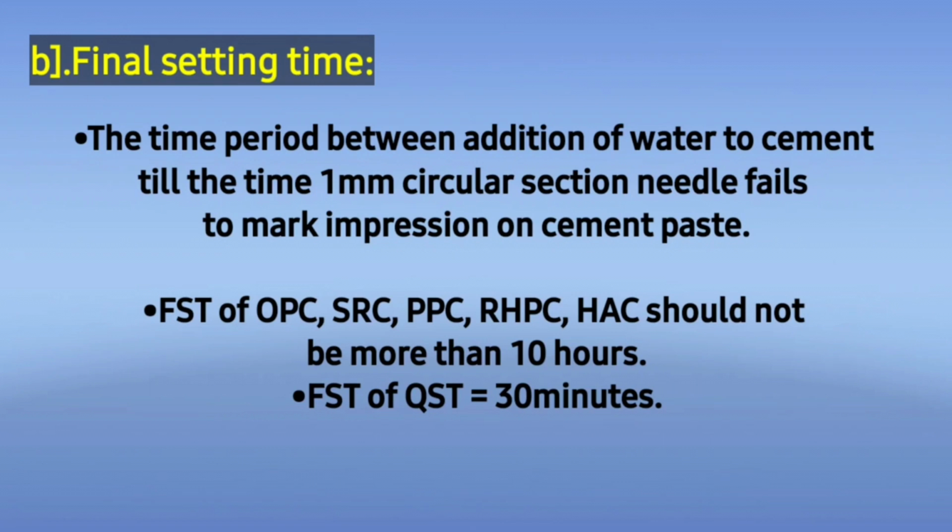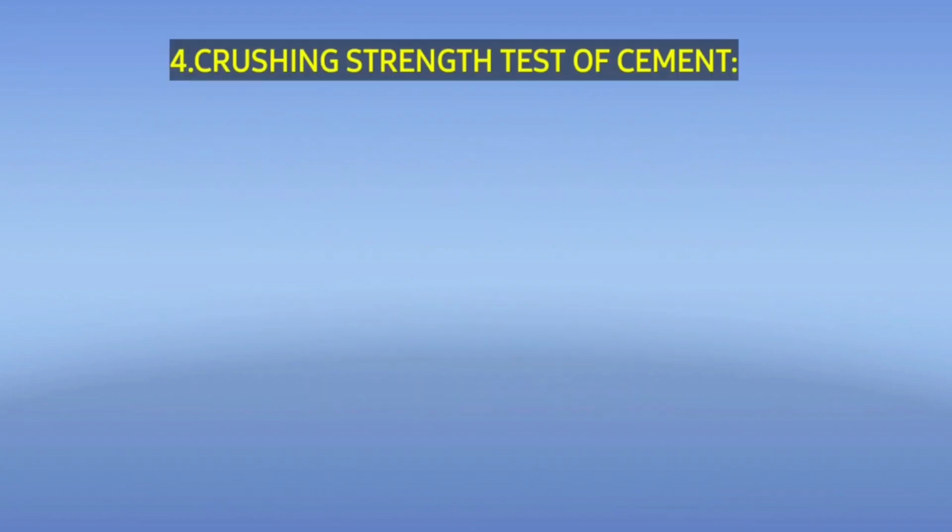उस टाइम को हम फाइनल सेटिंग टाइम सीमेंट का कहते हैं। तो एज़ पर इंडियन स्टैंडर्ड फाइनल सेटिंग टाइम ऑफ OPC, सल्फेट रेजिस्टिंग सीमेंट, पोर्टलैंड पोजोलाना सीमेंट, रैपिड हार्डनिंग पोर्टलैंड सीमेंट, हाई एल्यूमिना सीमेंट शुड नॉट बी मोर देन 10 आवर्स, वेयर एज क्विक सेटिंग सीमेंट का जो फाइनल सेटिंग टाइम है वो 30 मिनट होता है एज़ पर इंडियन स्टैंडर्ड्स।